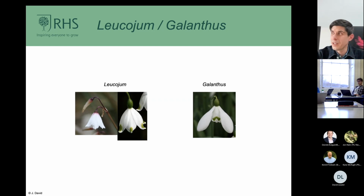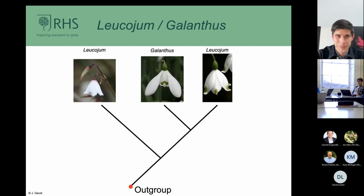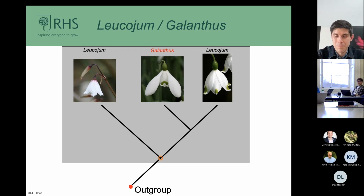And when they built a tree, I think in 2004, this was their relationship. So you have the two different looks of Leucojum on either side of the tree and snowdrops fitting in the middle. Now, this is not really an ideal situation for naming, because if we were to look for a group to circle all of them and their common ancestor, this would be the answer. The common ancestor would be the one in the orange circle, and it would contain all 3 of them. But if we have a single group, it really needs to have a single name. And in this case,